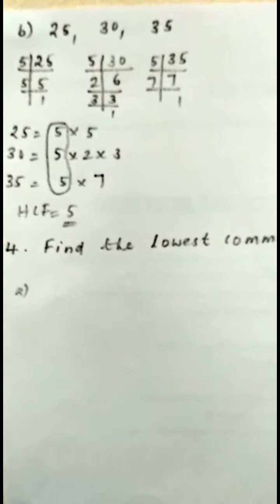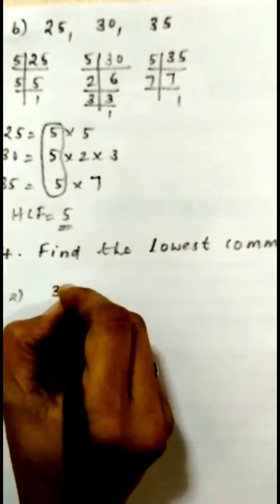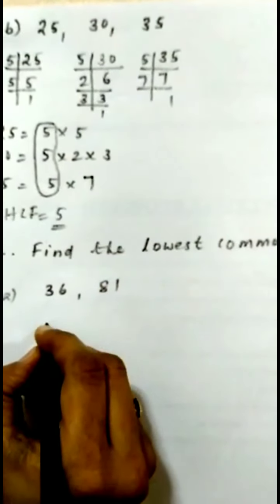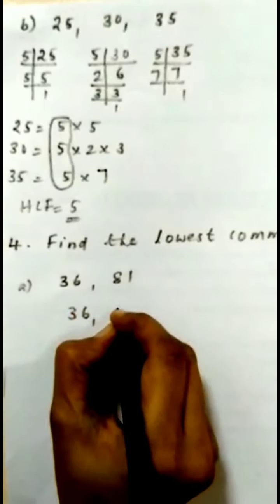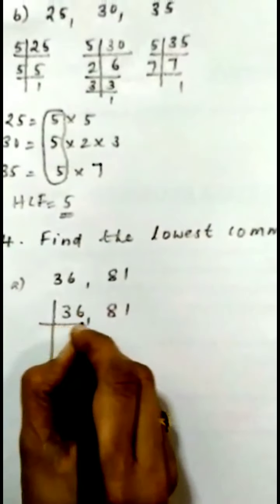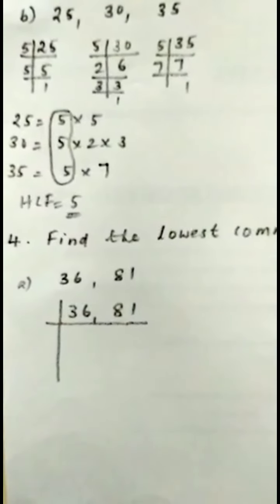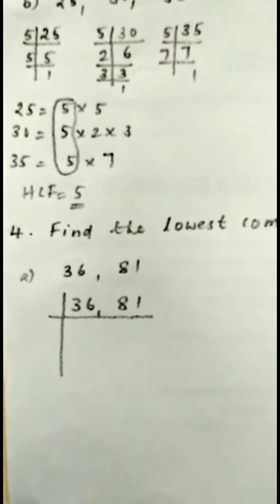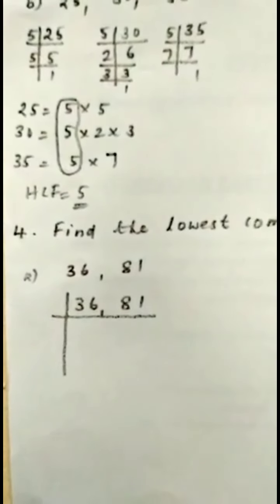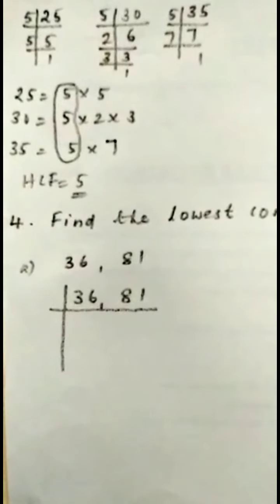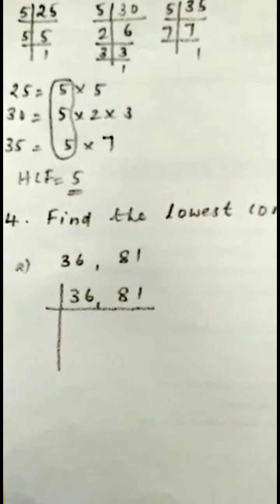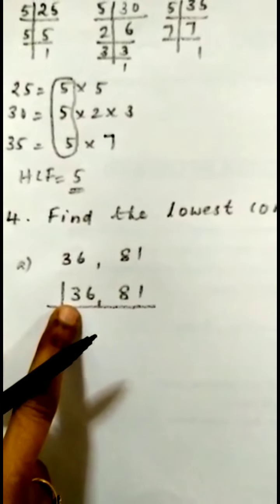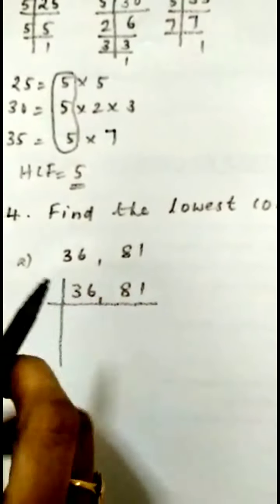First I'm giving you 36 and 81. 36, 81. So LCM, the same way, but together we have to do. Factors of 36 and 81: a common prime number you have to select. In which prime number do both contain? 36 is divisible by 2, but 81 is not by 2. So 2 you cannot. If you take 3, yes, both numbers are multiples of 3. So we can select 3.